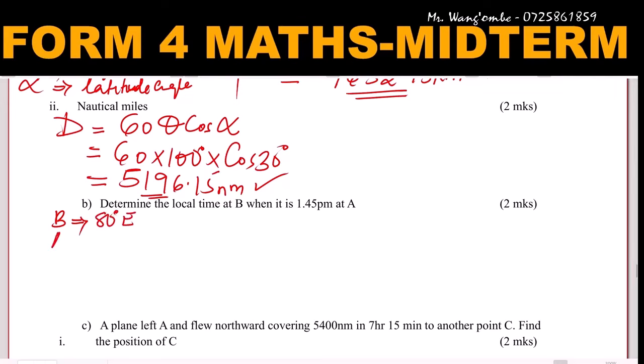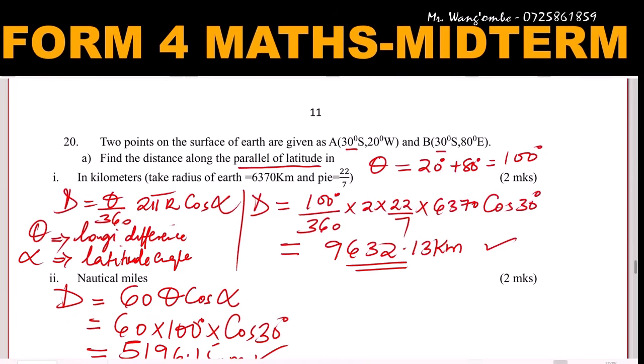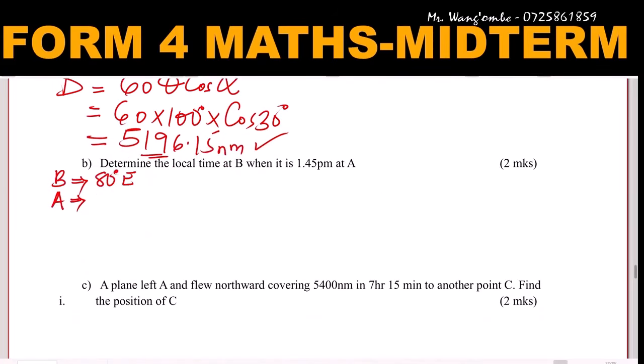Then the longitude at A is 20 degrees west. And you're given the time when it is 1:45 at A, so this one is 1:45 p.m. Now, after identifying the longitudes, one important thing that you need to know is that places that are to the east of the prime meridian,